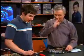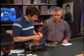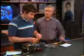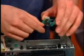What is that? We actually have, let me show you here in the case here. This is just a jumper here that fits on the chip. It's a real cat and mouse game, isn't it? Microsoft does something, these guys do something, going back and forth. So you just plug this onto your little mod chip here, and what that's going to allow